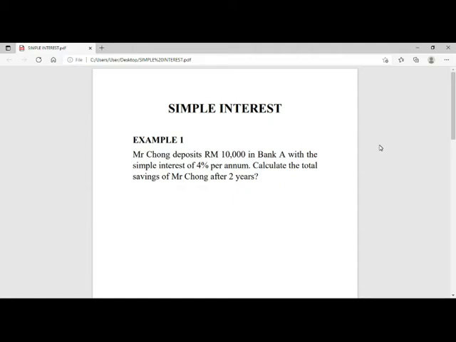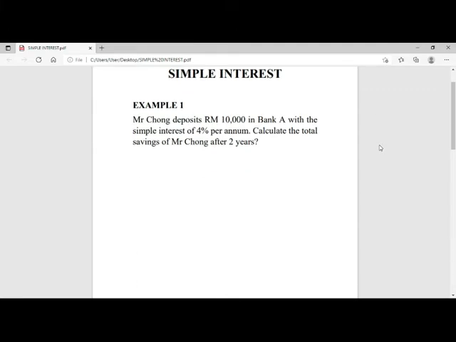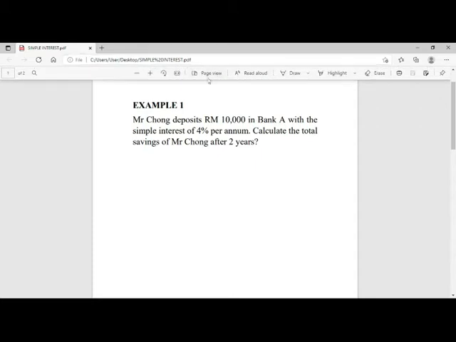In this video, I'm going to show you some calculation related to simple interest. So let's take a look at example number 1. Mr. Chong deposits 10,000 in Bank A with a simple interest of 4% per annum. Calculate the total saving of Mr. Chong after 2 years. When you're doing this type of question, the very first thing that you have to do